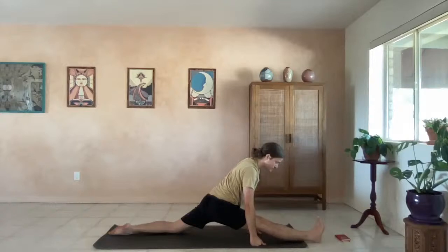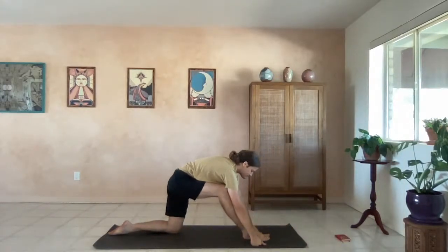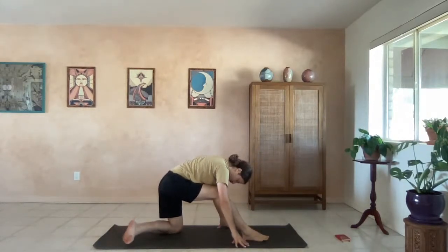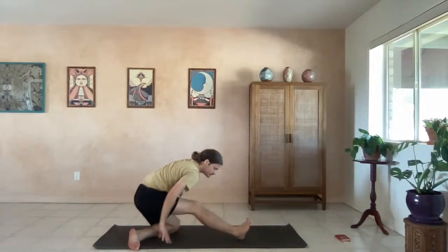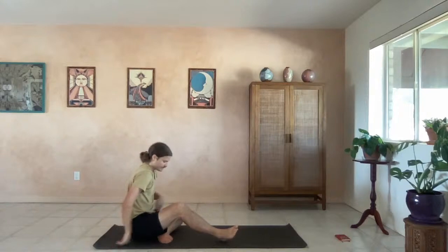And nice and smooth, you start to draw that foot back. And from here, we're going to make our way to sitting down. So you're going to just sweep that left foot towards the right edge of the mat as you sit back behind that left foot. And just have that left foot in a comfortable place as we make our way into